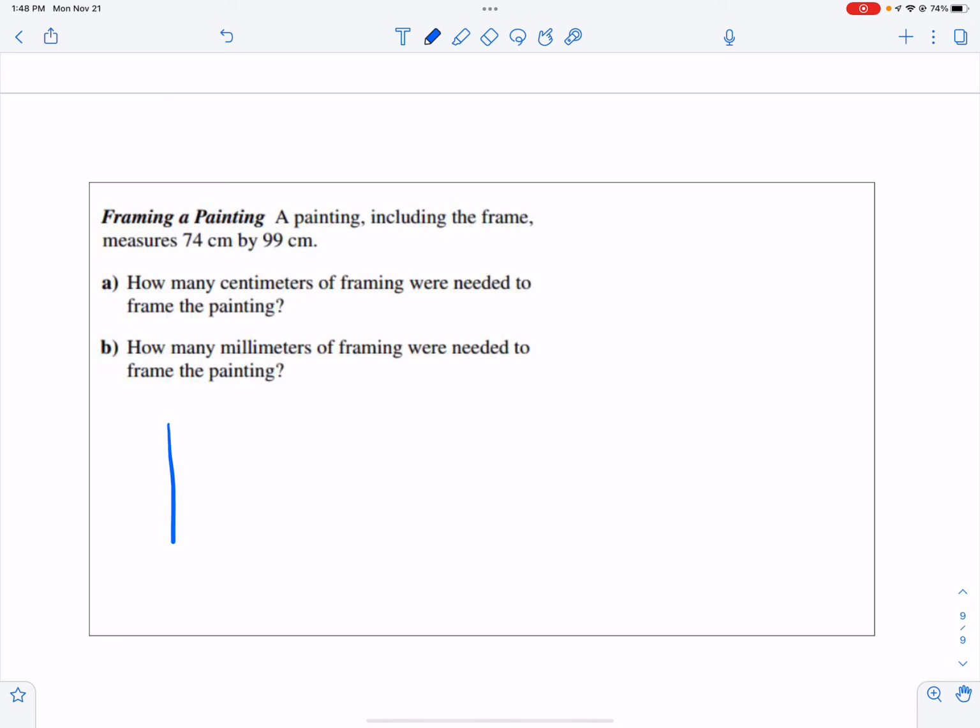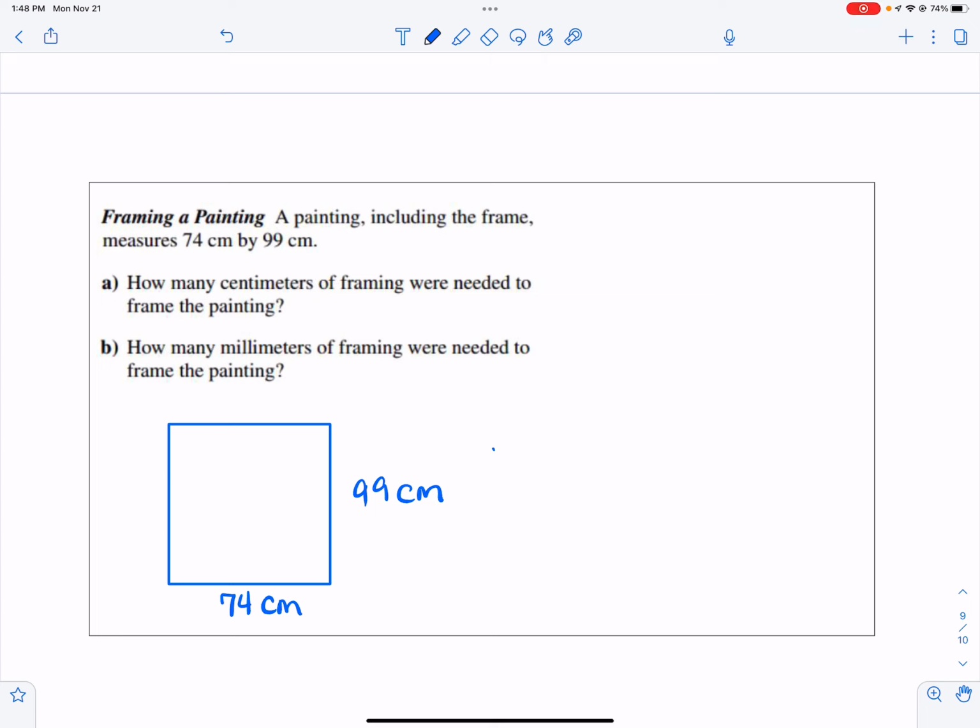So I'm going to just kind of get a picture frame here. Let's go ahead and draw it. So we've got this picture. A painting includes the frame, and it measures 74 centimeters by 99 centimeters. And we want to know how many centimeters of framing were needed to frame this picture. So this side is 74, and this side is 99. And so we're just going to either add them all up, or we're going to use the perimeter formula. So perimeter is twice the length plus twice the width. So 2 times 74 plus 2 times 99 gives me